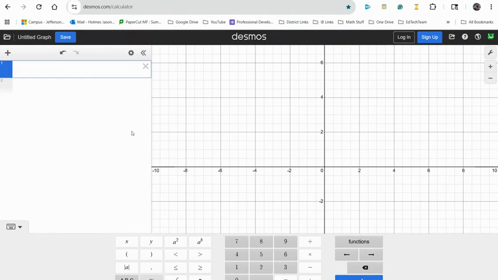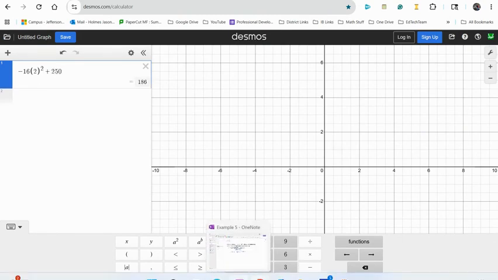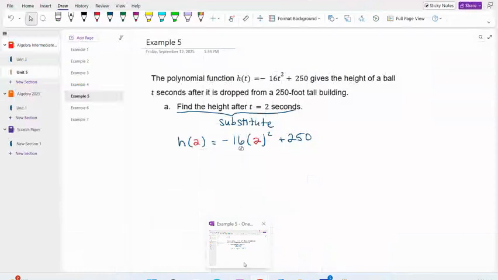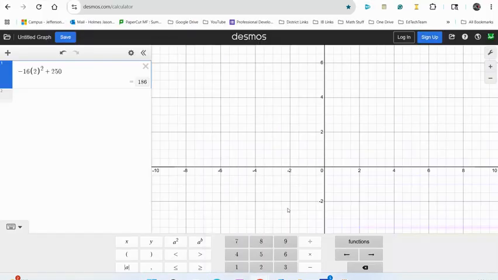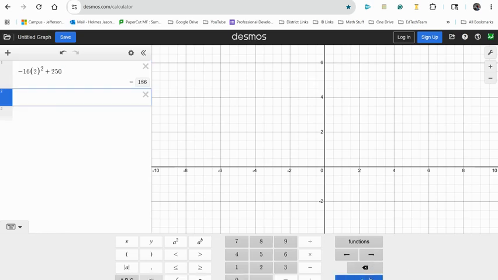Okay. We have negative 16 times 2 squared plus 250. Let's make sure that we have that in there right. Negative 16 times 2 squared plus 250. Press enter, and we end up with